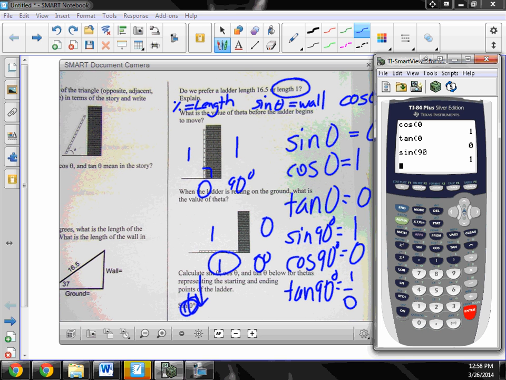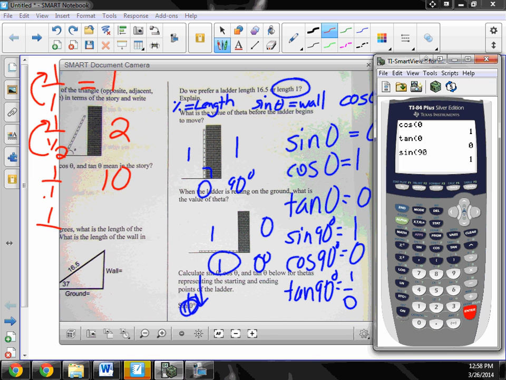1 is infinitely bigger than 0. Right? And here's the reason. If I had 1 over 1, how many 1s are there in 1? 1. If I had 1 over 1/2, how many 1/2s are there in 1? 2. If I had 1 over 0.1, how many 1/10ths are there in 1? 10. See the pattern? 1 over 0.001,